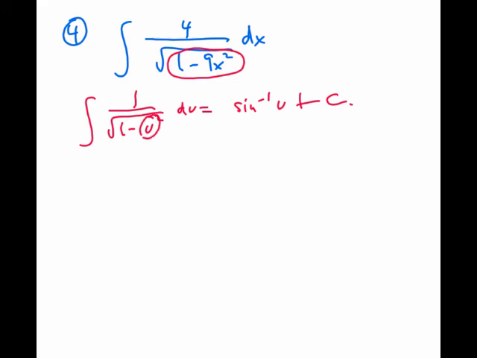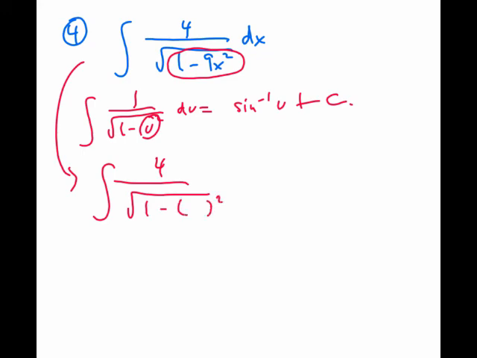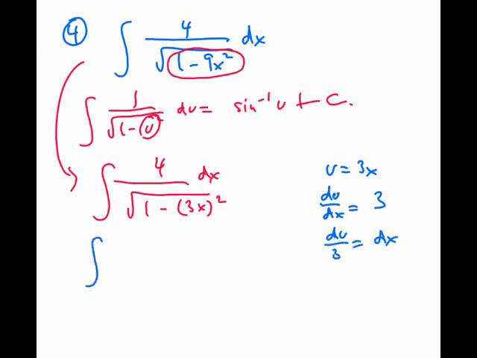I could think of this expression as 4 over the root of 1 minus something squared, and that something would be 3x. So let's let u equal 3x, which means the derivative of u with respect to x is 3, and du over 3 is dx. So if I substitute,